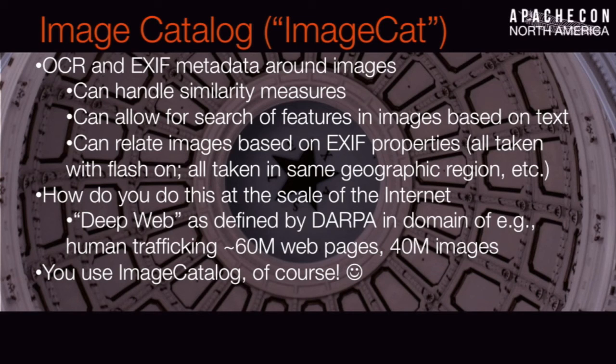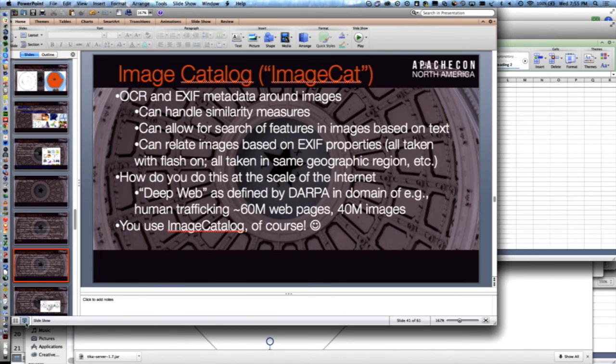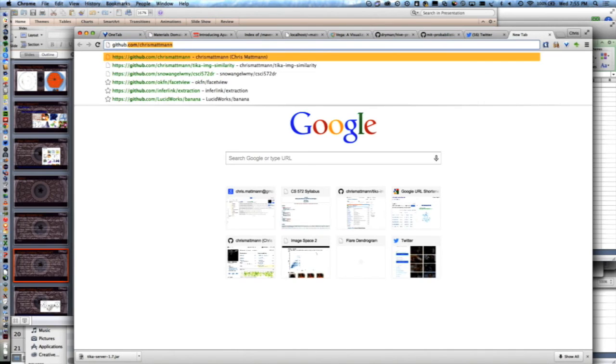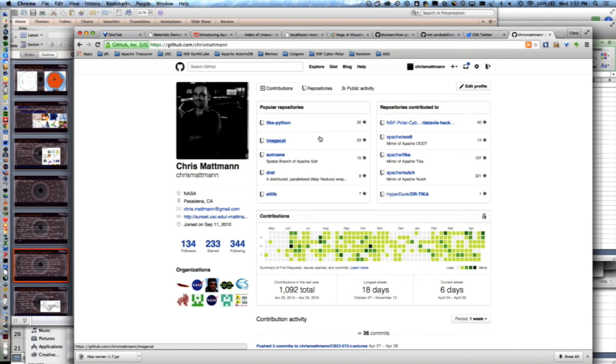We also then built a product, and after the Forbes article I got like 30 extra likes. Yay, go Forbes. It's called ImageCat on GitHub. Actually, on GitHub it's not called likes, it's called stars. I forget. Anyways, I'm just learning this GitHub thing.